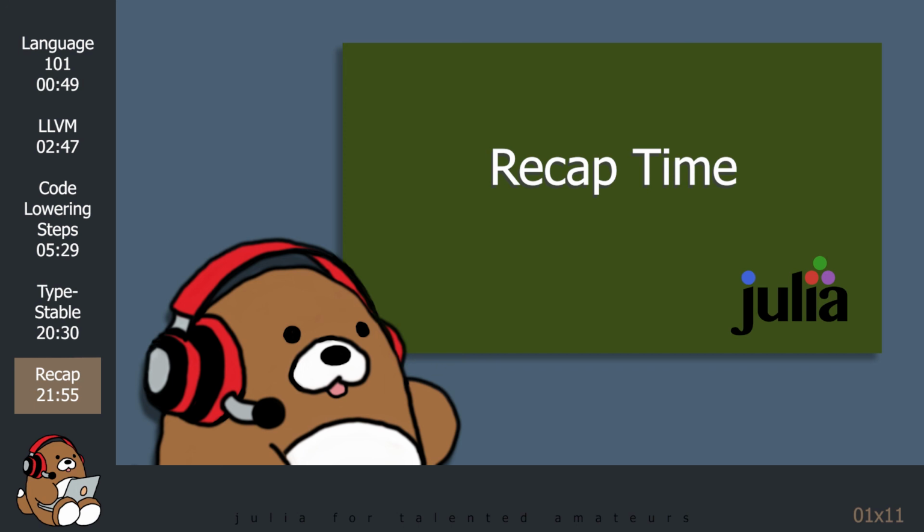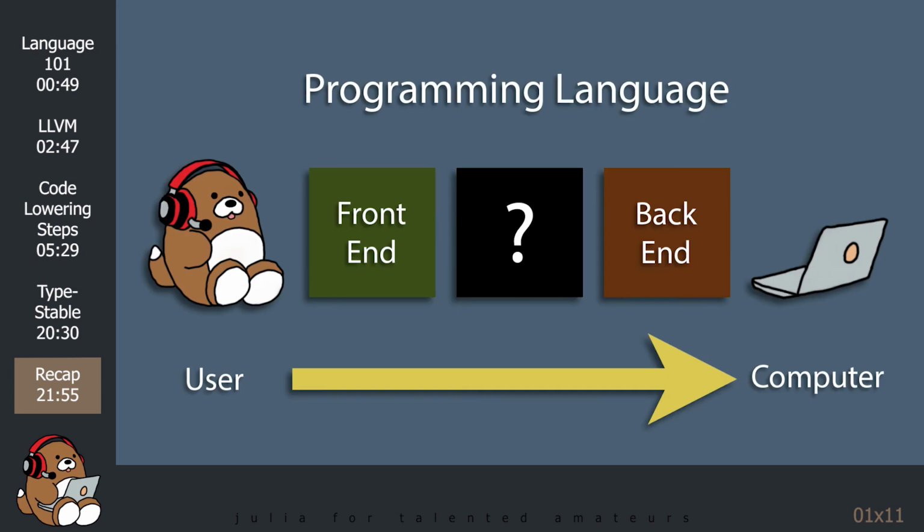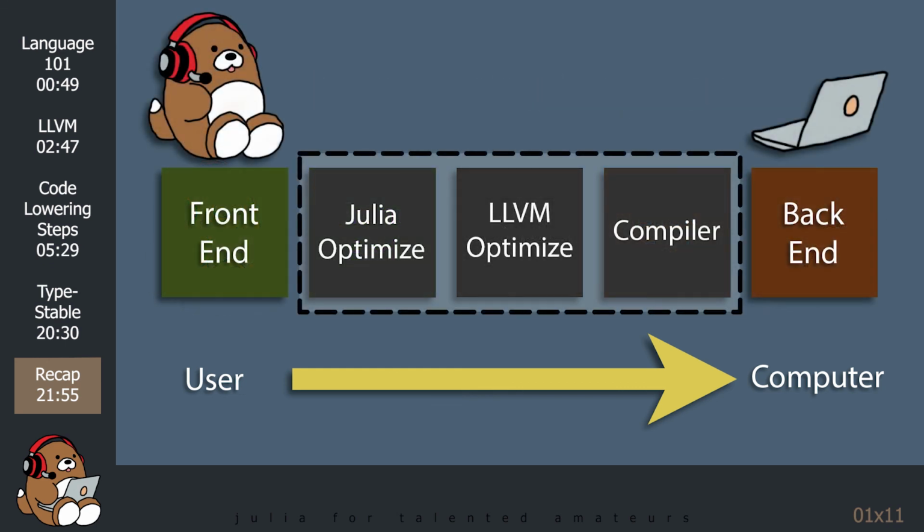Let's turn back the clock and revisit the diagram from the beginning of the tutorial to see if it makes any sense now. For a generic programming language, the mystery box in the middle is a black box called a compiler. The compiler performs the thankless task of converting a user's source code into native machine code. However, because it's a black box, there's no way to see what it's doing. In the case of Julia, the mystery box is a lot more complex.